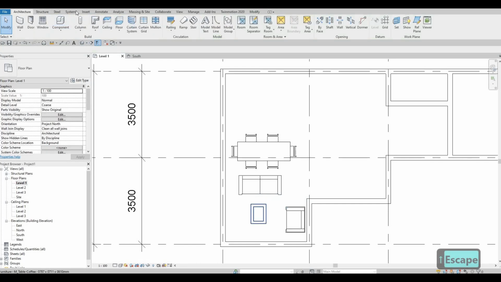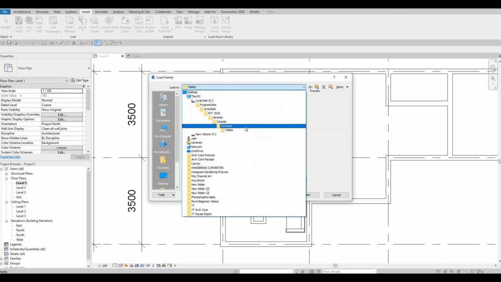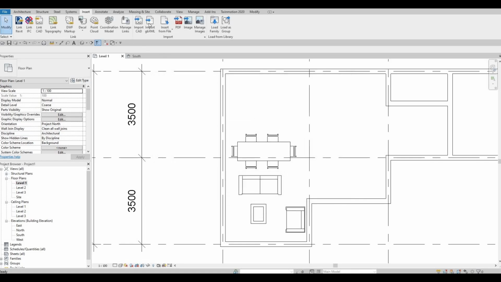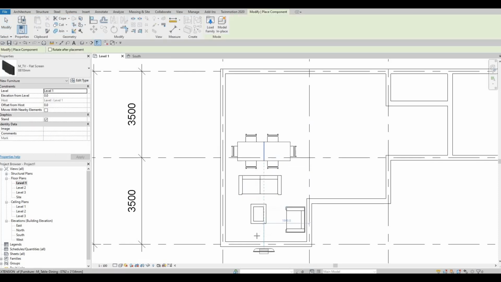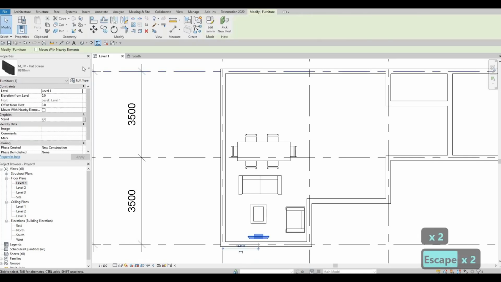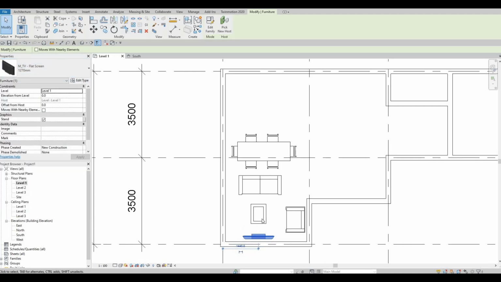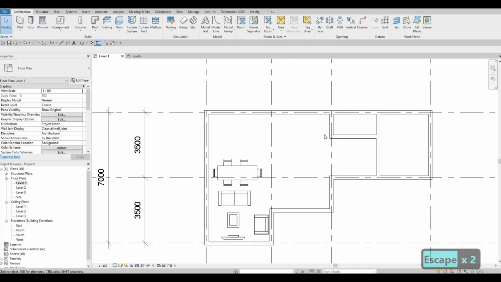After that, let's add in the TV. So there is a TV under furniture. It's a flat screen. Once you load it, go back to architecture and you can add it like that. You can change the size. Let's go with the largest. So everything is looking good. Let's try and add